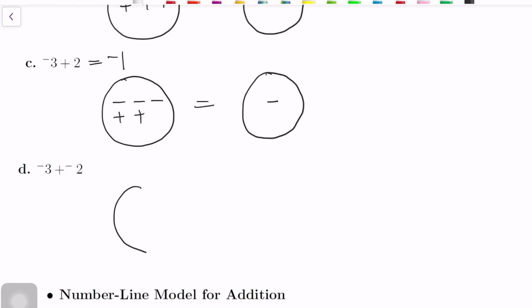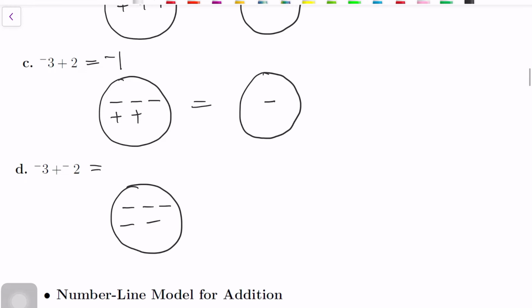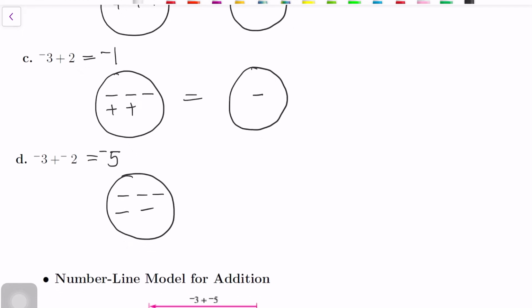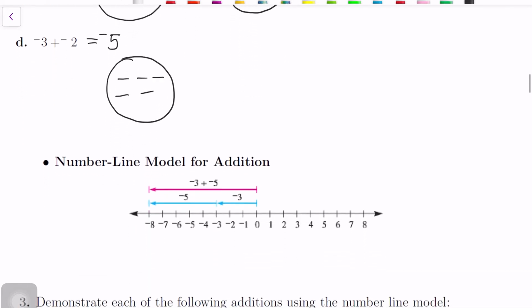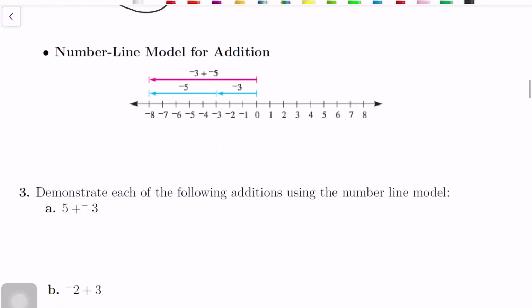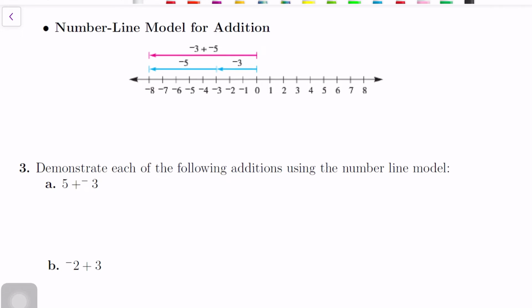And here -3 plus -2, so you have 3 minuses, and add to it 2 minuses, so really nothing gets neutralized, so what you're left with is 5 minuses, so -5. Okay, so this is the chip model or charged field model to demonstrate addition. Now we also have number line model for addition, and I want to remind you that you always start at